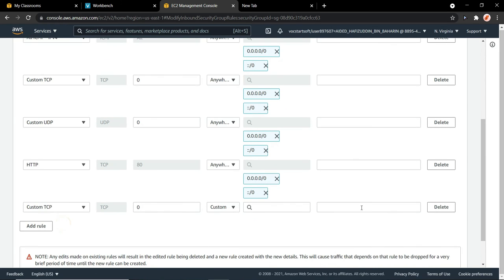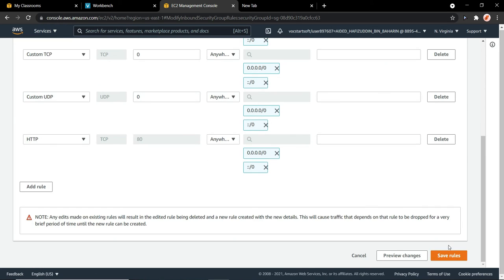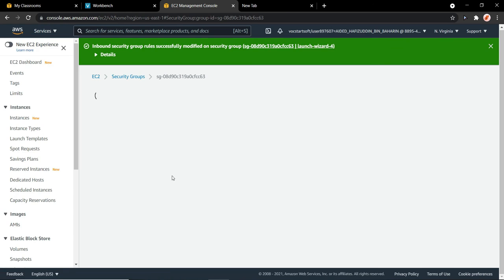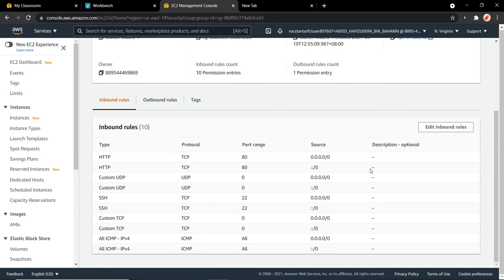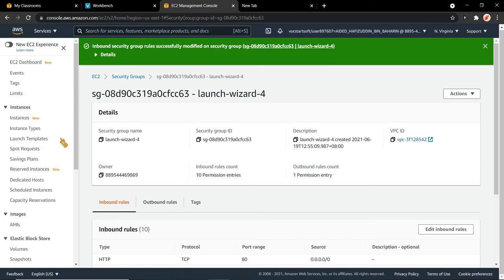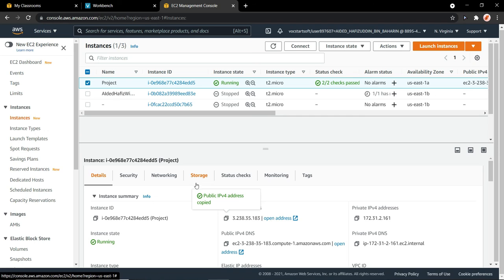Okay, that's it. So after that we click on save rules, and all the rules that we have edited and added are already in the inbound rules. So after that, go back to the instance. After we create the inbound rules, now we will connect the instance to the web browser to gain access